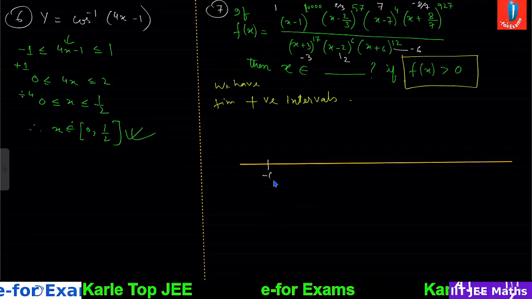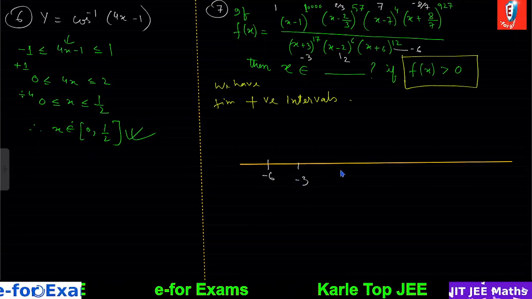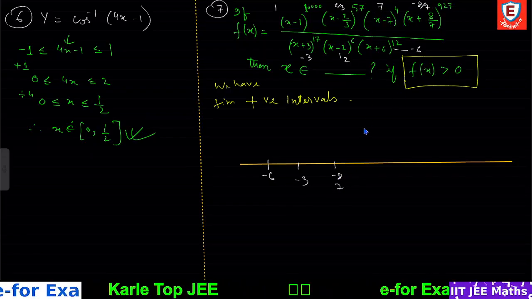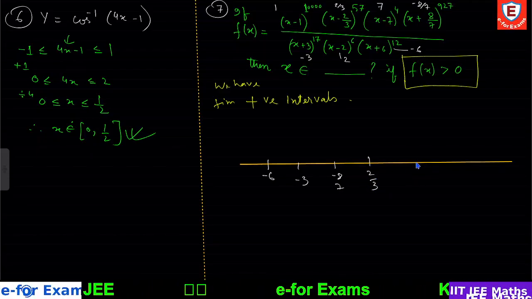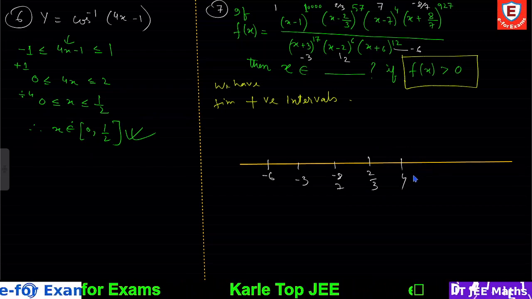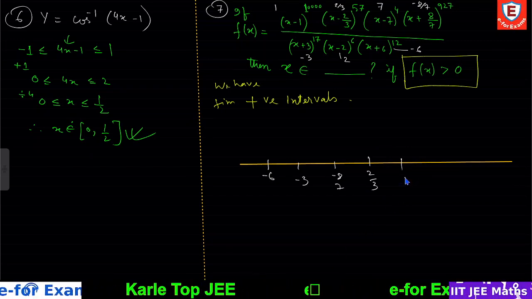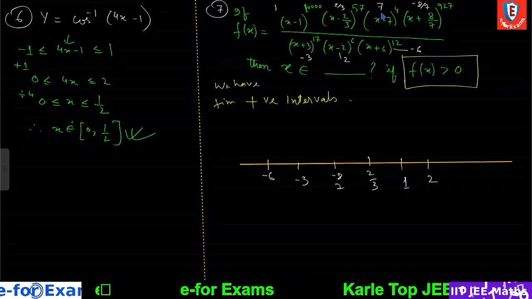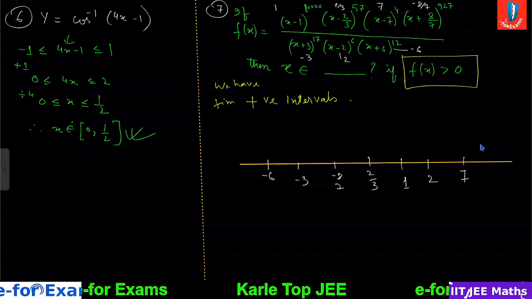So, minus 6 is the smallest. Then, minus 3. Then, minus 8 by 7. Then, 2 by 3. Then, 1. Then, 2. This is 1. This is 2. Then after that 7, yes, 7 is the largest one. So the rightmost